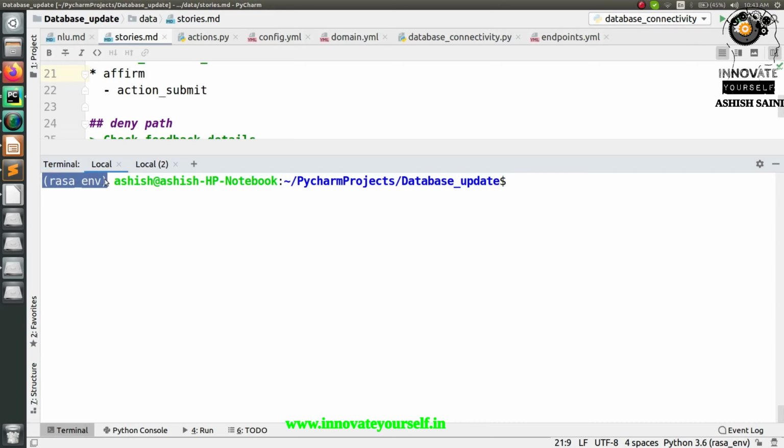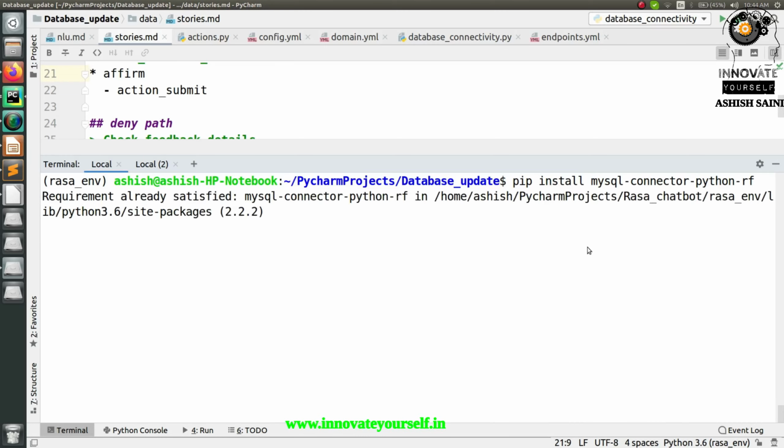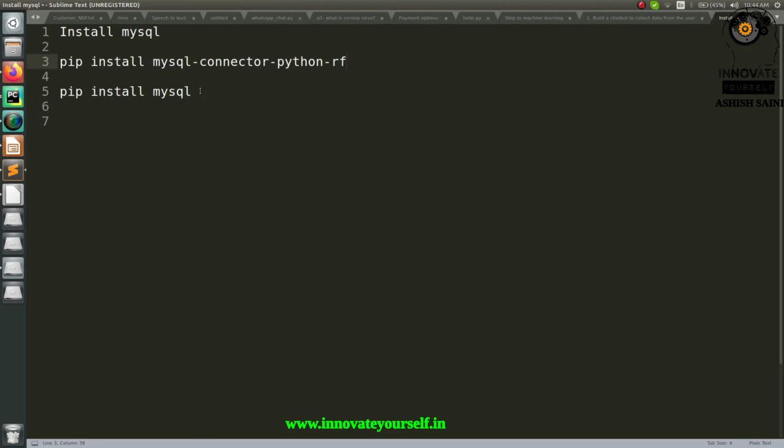So simply paste this command so that it will install the package into the same environment. Now press enter, and it will start to install the packages. But if it is already installed, then it will directly show you "requirement already satisfied." In my case, it is already showing that this is satisfied, so I don't have to install it again. Similarly, do the same for the second package as well.